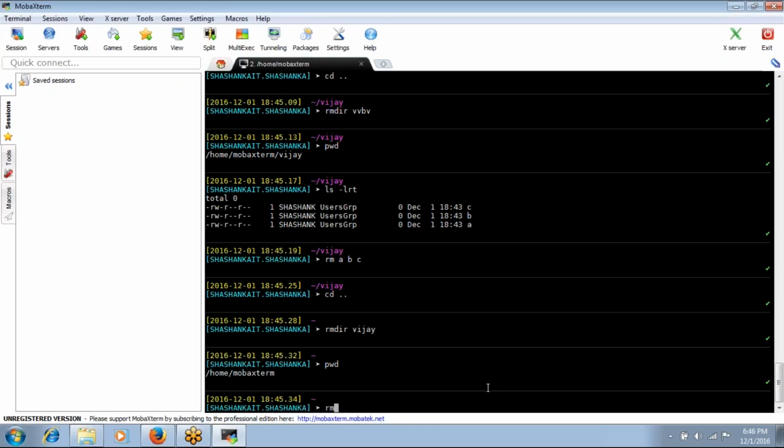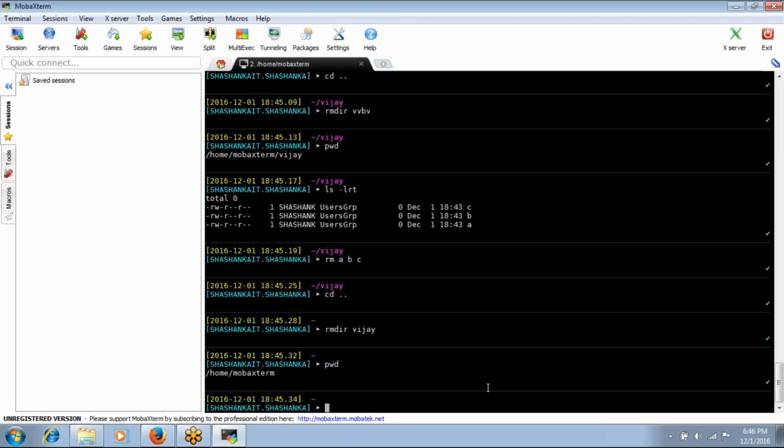We have another command, rm -r. What it will do is delete the directory forcibly, even if this directory has multiple files and directories, and again inside it multiple files and directories. It will do it automatically on its own. It will delete recursively one by one, and finally it will delete the directory. Even if we have data, it will delete it.